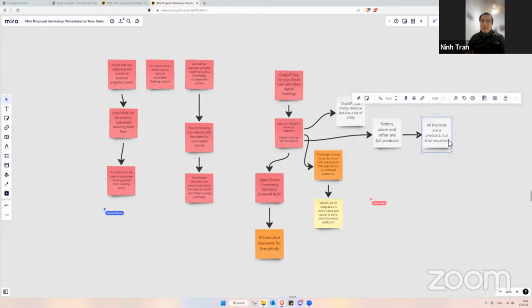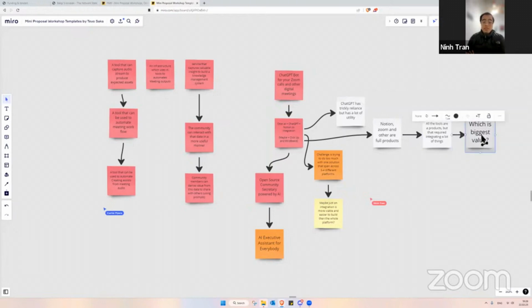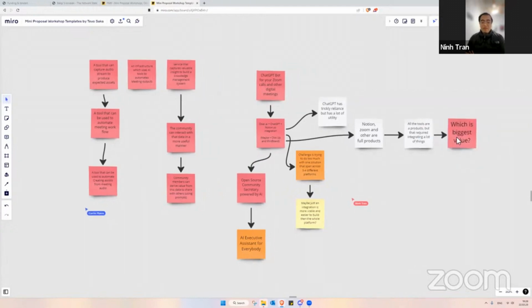So probably maybe just focus on what's the most valuable thing, what's the biggest value add that this proposal is creating, right? And going to the core of it. Note taking is huge, and also booking flights and meetings in the hotel also huge, right?